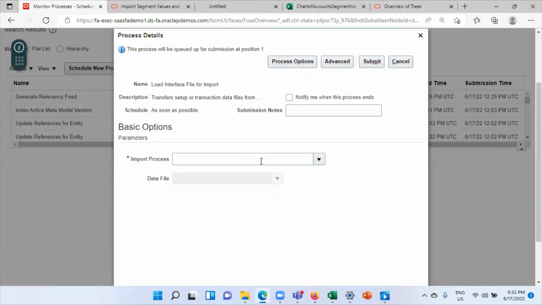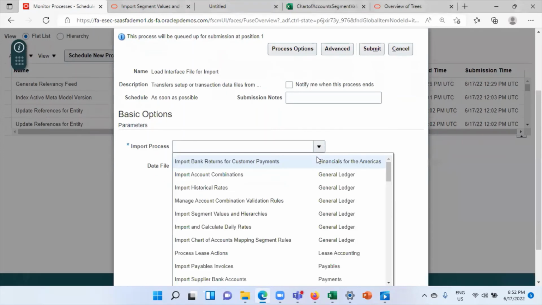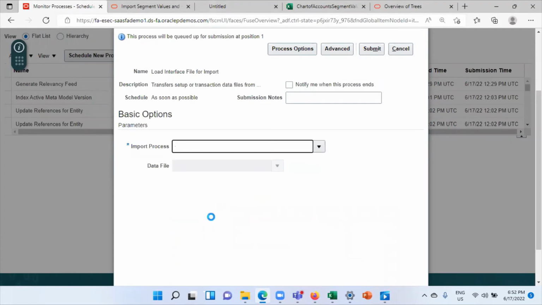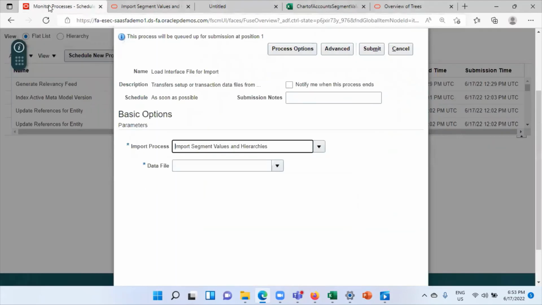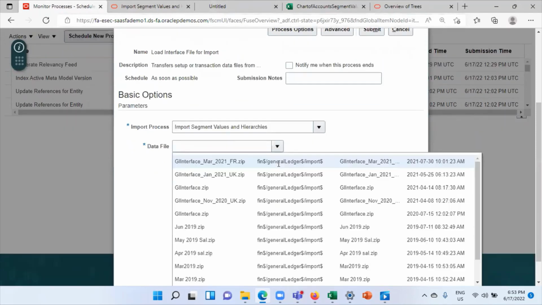Now we have to import the process. That means we have to load the sheet that we have created here. And we have to select import segment values and hierarchy. You can see here job and table links. You have to schedule the process for import segment values and hierarchies. Select the data file that you want to upload.